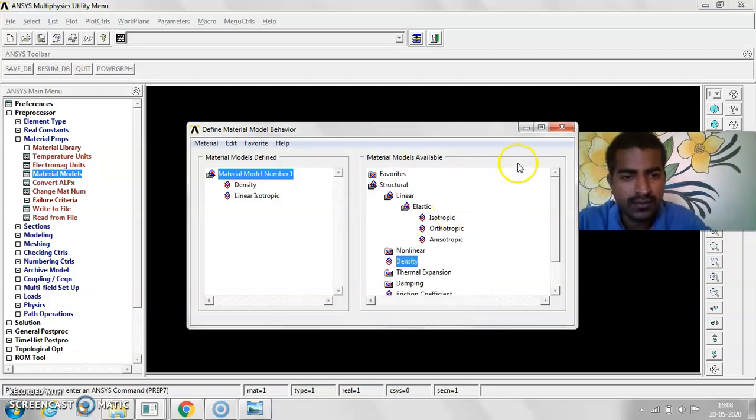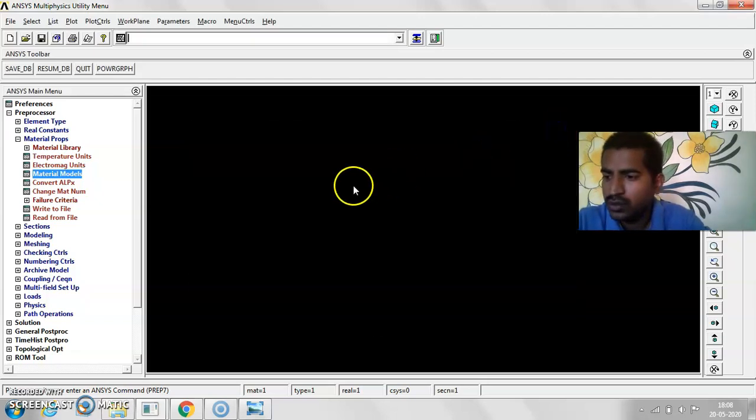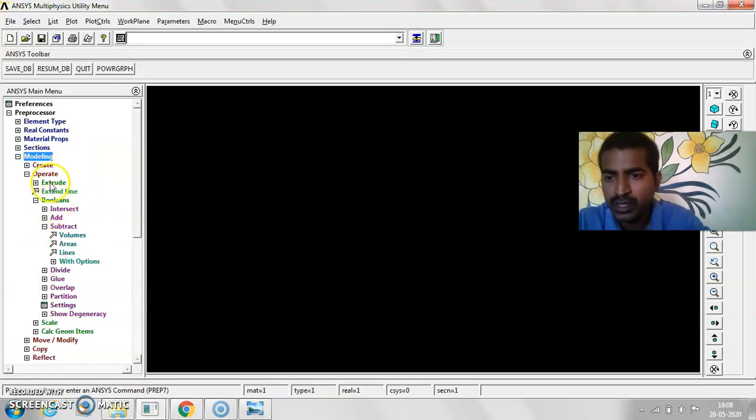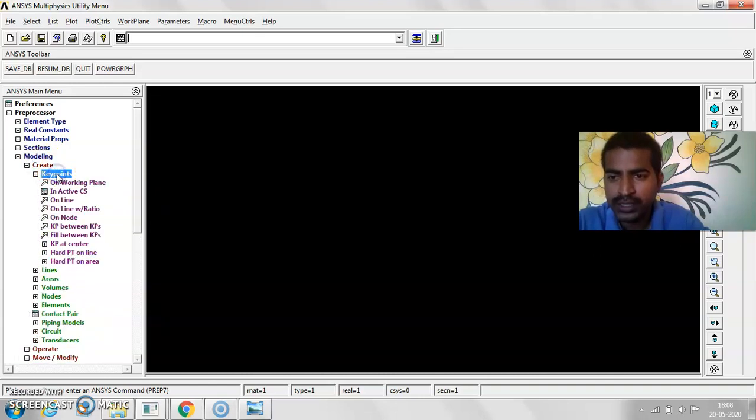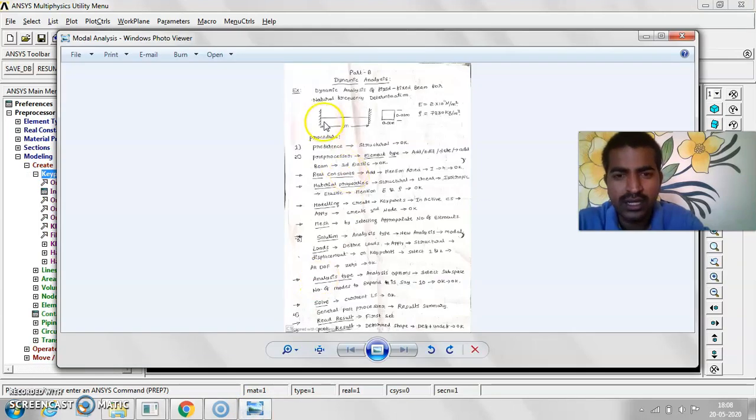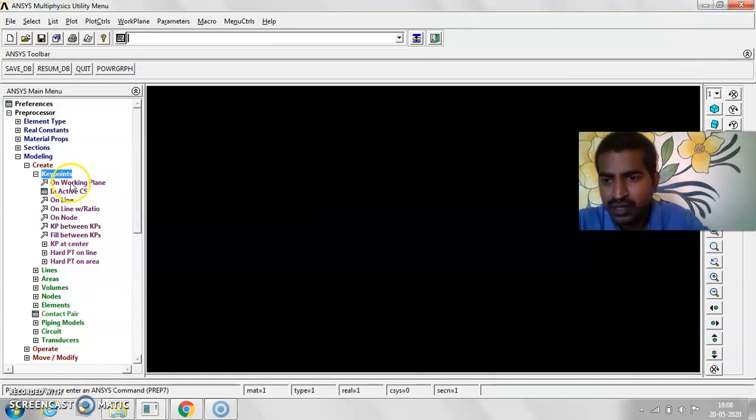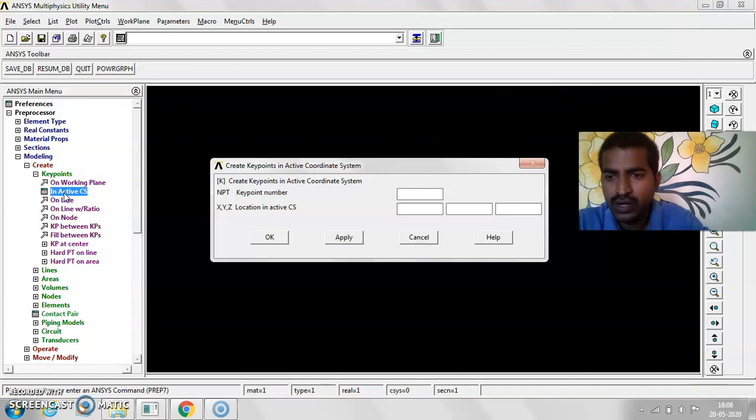Once it is done, go for modeling. Here create, go for key points. You can see this figure, it has only two nodes, and both the nodes are fixed. Now key points in active coordinate system.